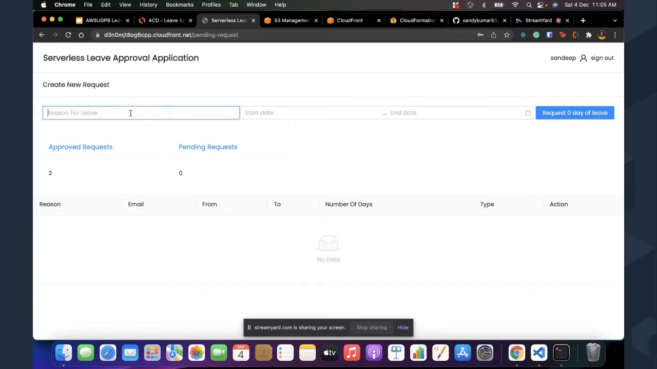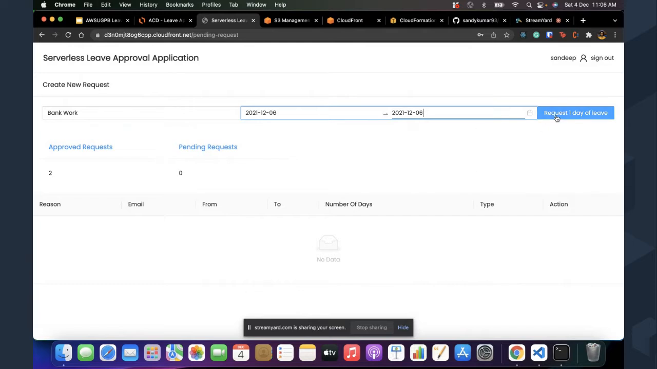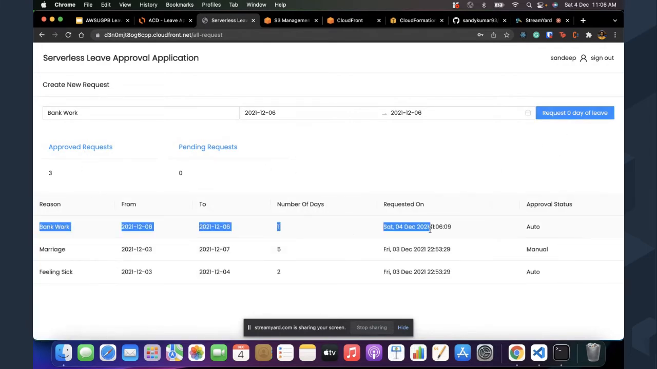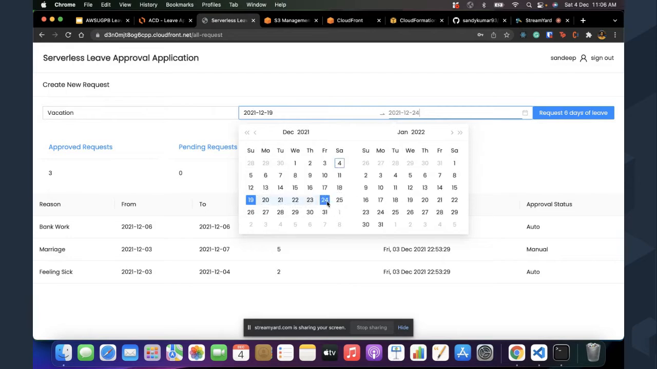for a leave. Let's say bank work, and let's say Monday. So I just need 1 day of leave. So like I said, anything less than 2 days is going to get auto approved. So once we request for the leave, you will be able to see that in approve request, it is auto approved. Right. So similarly, say for anything that's more than 2 days, let's say the weekend, say I'm taking off